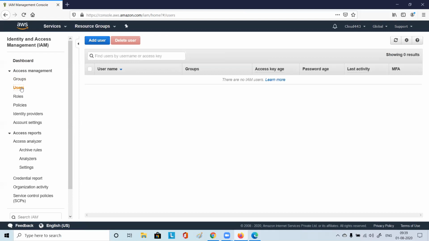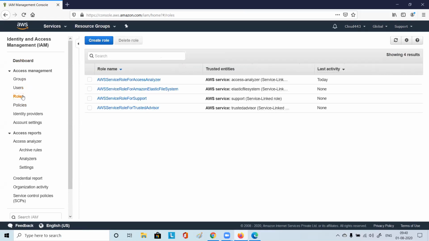So I think you are familiar with the group and user creation, correct? Last time we had done it. Anybody remembers? Yes, Urvashi, Harish. So you can create a group, you can create a user, right? And we discussed role as well. Can you recall how a role is useful? Because if you use a username and password, we can authorize different users for different roles. Correct. Even you can delegate permission to AWS resources.